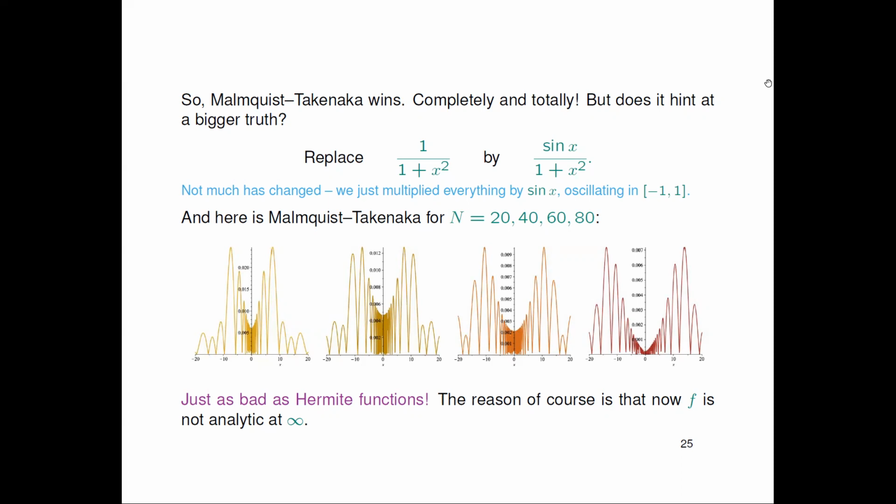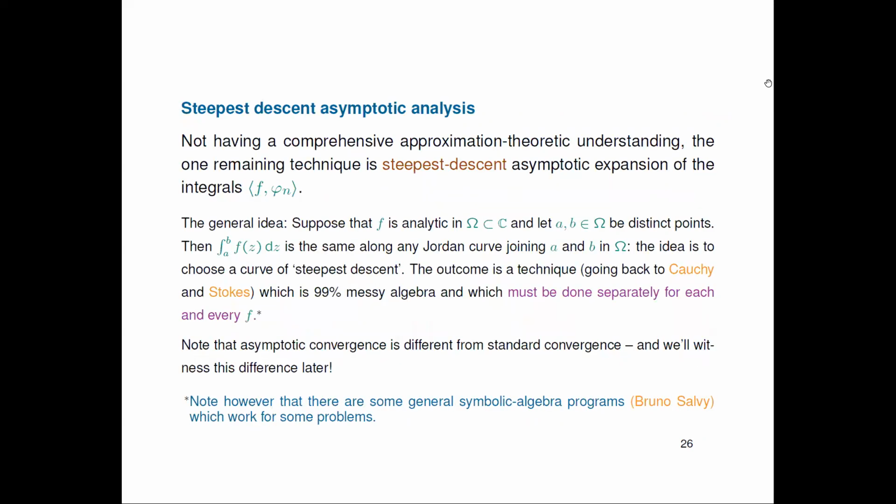So do exactly what we have done with 1 over 1 plus x squared and compute it with Malmquist-Takenaka in exactly the same setting. And after 161 points, because 2n plus 1, all we have is an accuracy of 0.007, as bad as a myth. What happened? What happened is the essential singularity of sine x at infinity. This kills the speed of convergence. However,